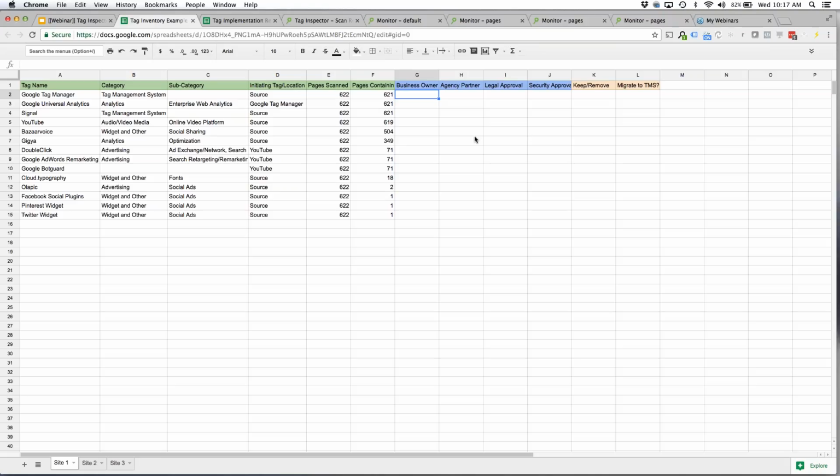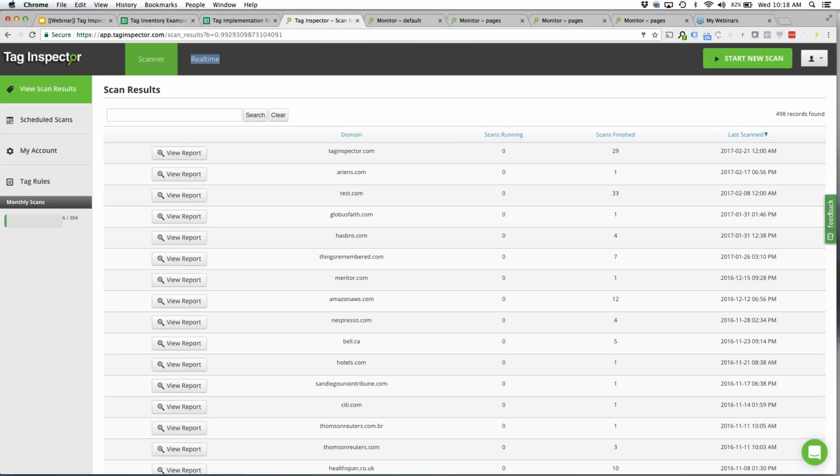So the question here is, how do we inform this? How do we gather this information? Especially even this small example of 622 pages scans, or 622 pages on the site. It's not something that we can manually go through. So that's where the Tag Inspector comes in. So hopping in here,